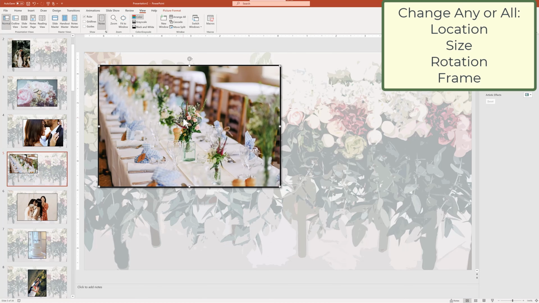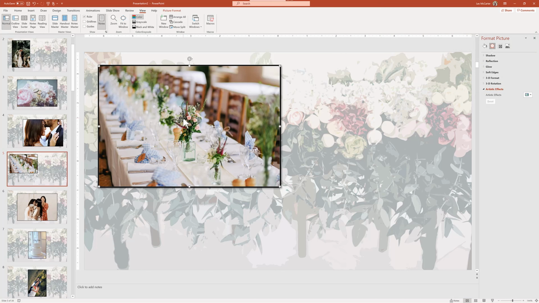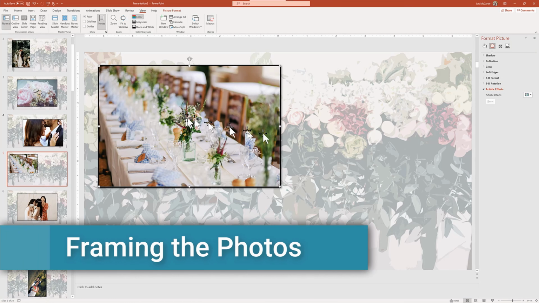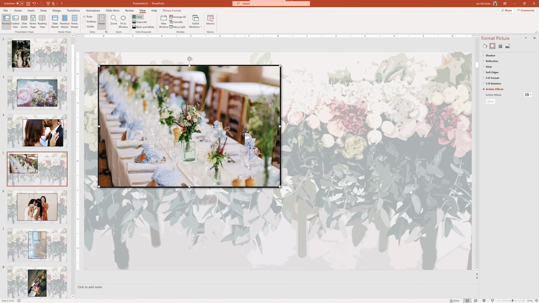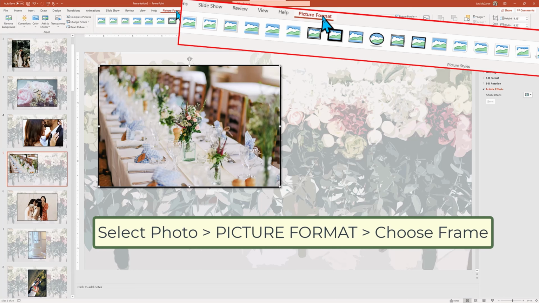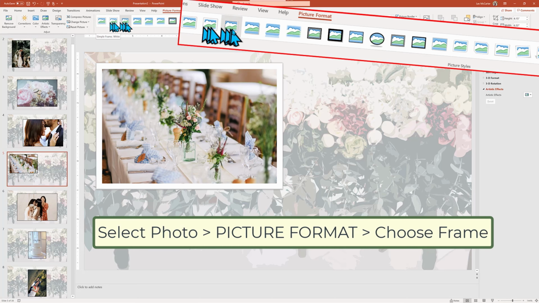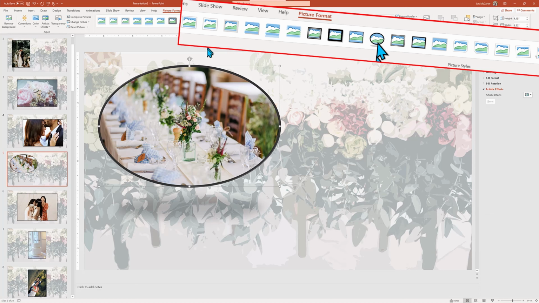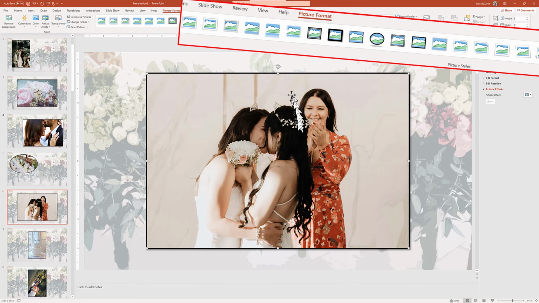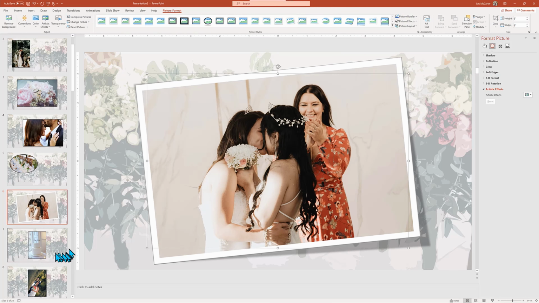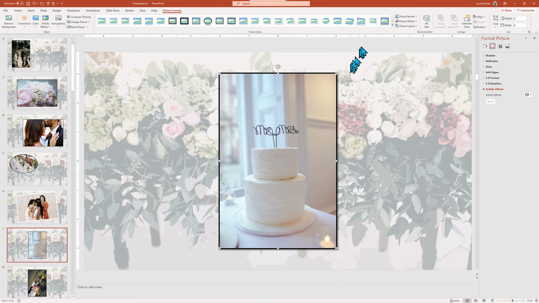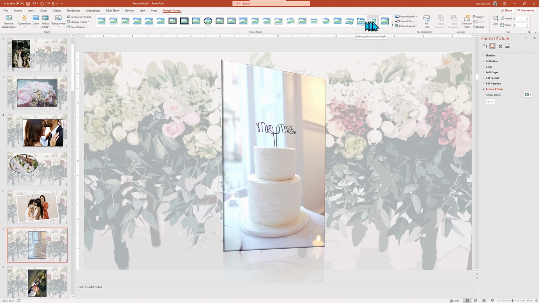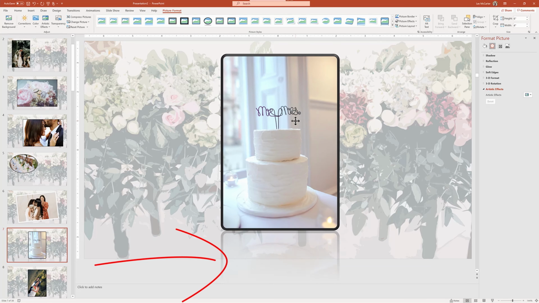But before going too far, you can also provide some variety of look by changing the frame. When we created the album, we chose a simple black frame, but there's so many more to choose from. Select one image, then click Picture Format, and right below are a variety of choices. You can hover your mouse over the top of the individual frames to preview how it might look, and when you find one that you like, just click. There are so many to choose from, some with some subtle shadows, or even this one with a partial image reflection underneath.